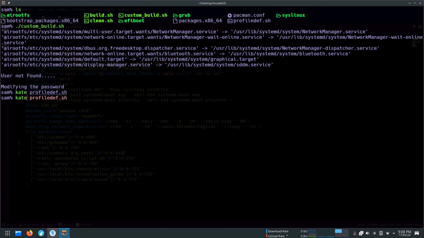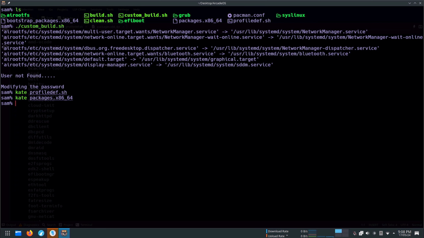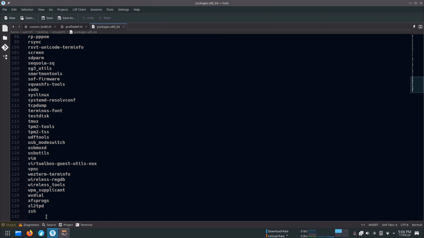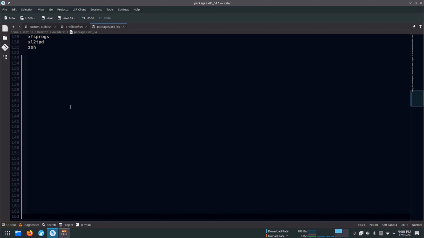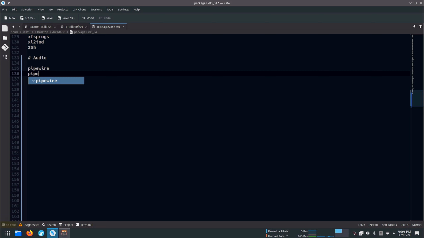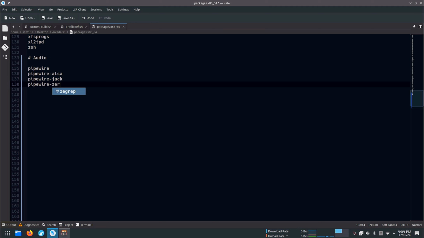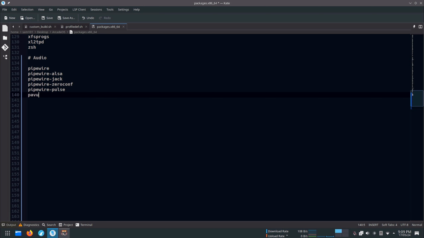Now open the packages.x86_64 file. Now for the audio, add pipewire, pipewire-alsa, pipewire-jack, pipewire-zeroconf, pipewire-pulse, pavucontrol.